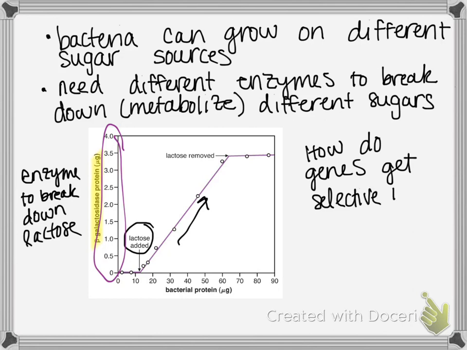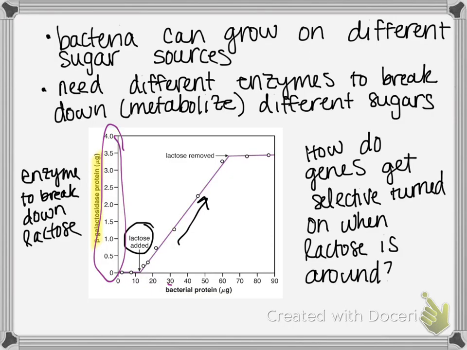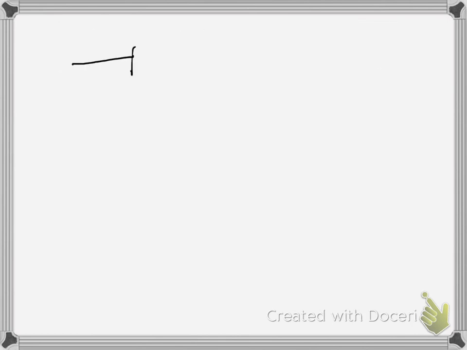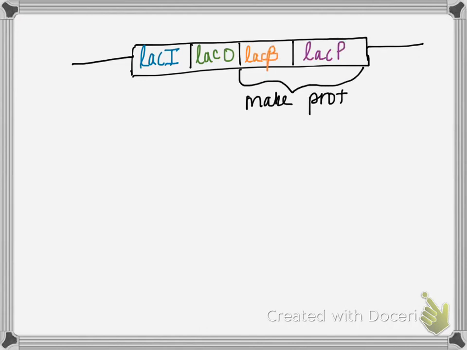So now we have a really nice system or experimental setup to be able to ask, when is lactose turned on? How is it that lactose turns on and makes the production of these proteins? And so there were some scientists that realized that there was a special sequence of DNA in the bacteria that encoded genes that had different functional segments that were important for this response